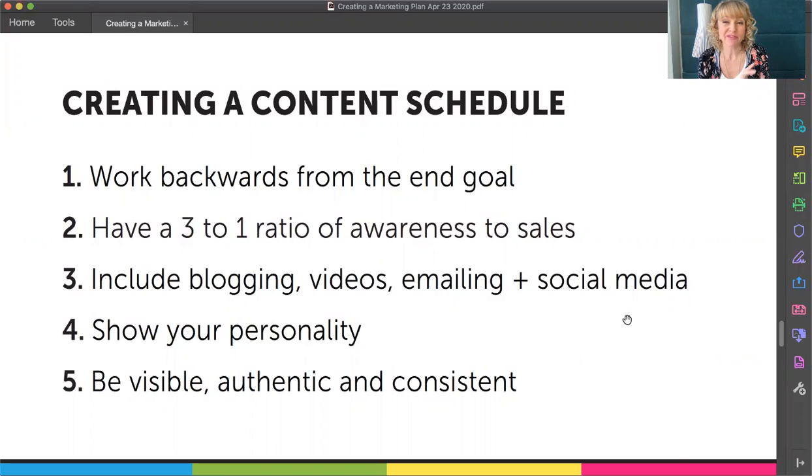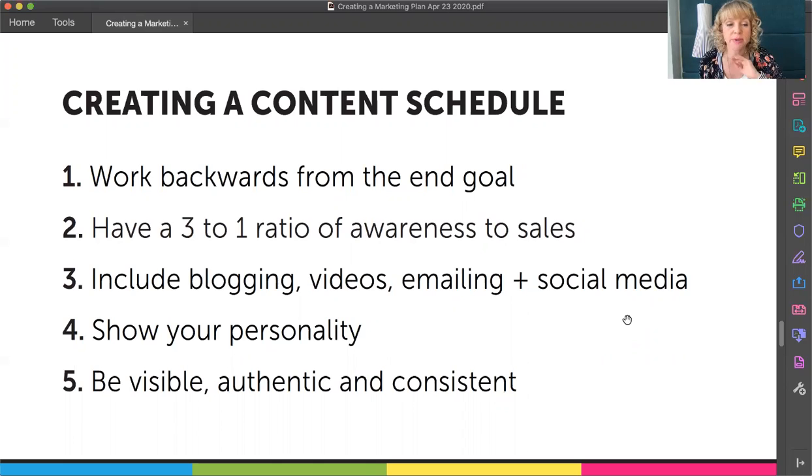I have some people kind of on a waiting list who are interested. My first plan is, okay, I need to email all of those people. Then I need to look at what I need to create in terms of content between now and then to have some of those touch points. So there's sort of an unwritten rule that I've heard from some social media experts, that you should have a 3-to-1 ratio of awareness to sales. So you don't want to have your social media and emails to your clients just filled with sales emails.